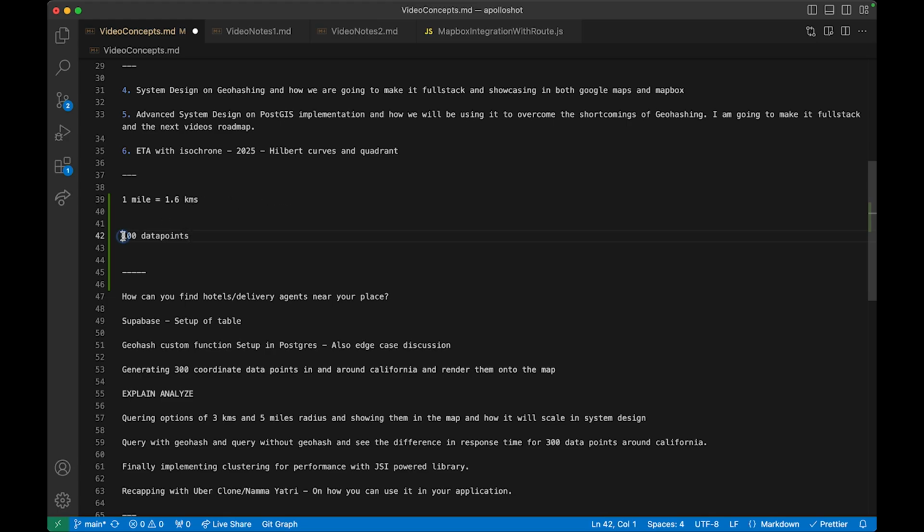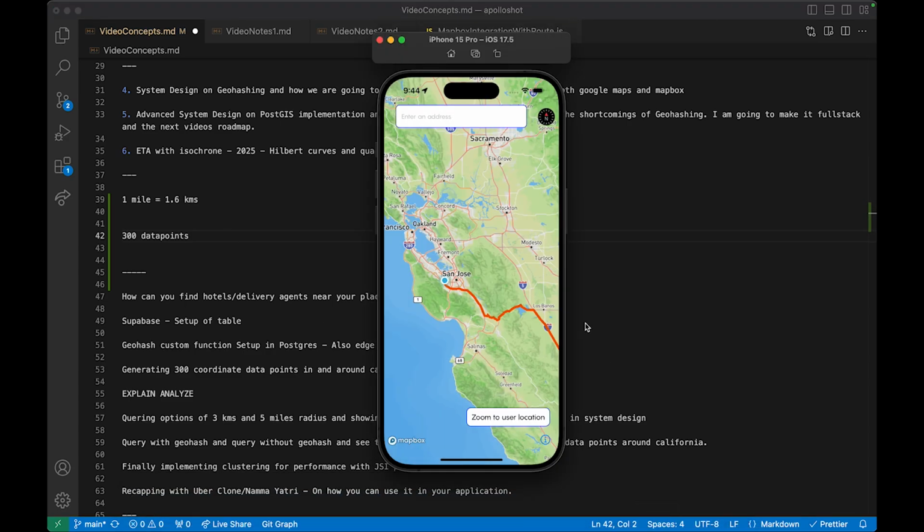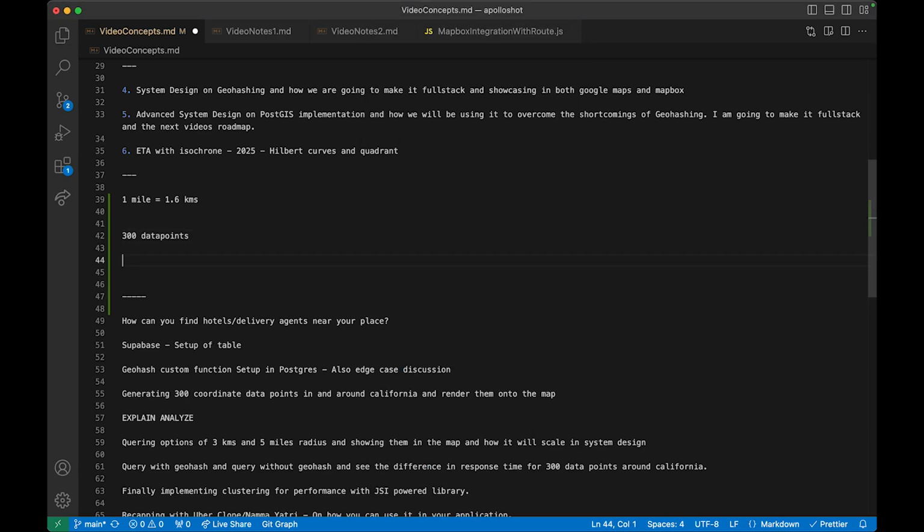Let's say for our use case, we will use 300 hotels around your home, within a 5 kilometer radius. You know it in your mind, but you have to technically get all those values and show them to the user on this map, right? In React Native or whatever it is, you have to show it there. How can you do that? So the unoptimized way will be,